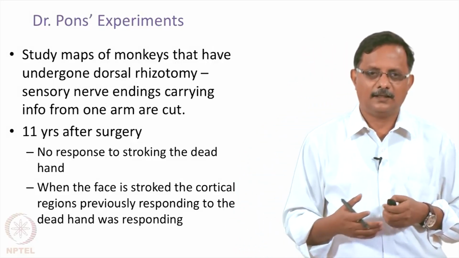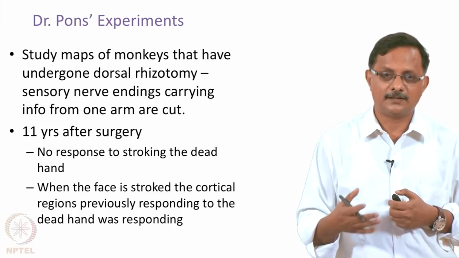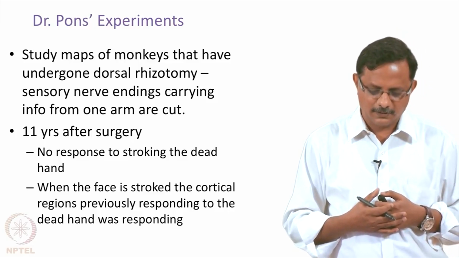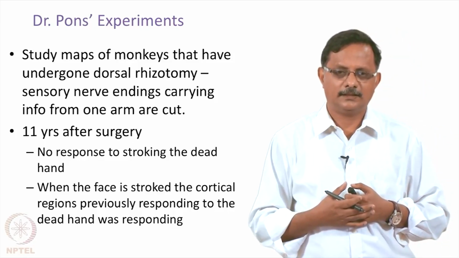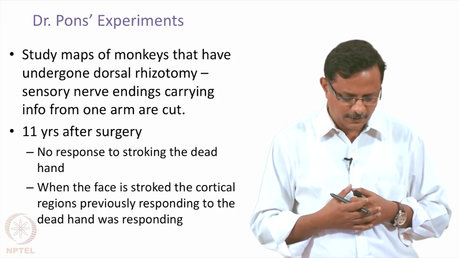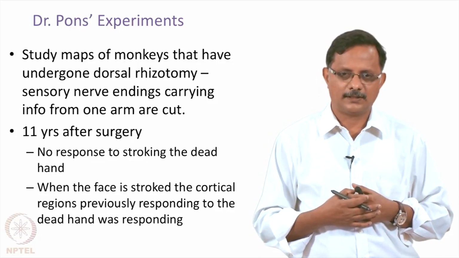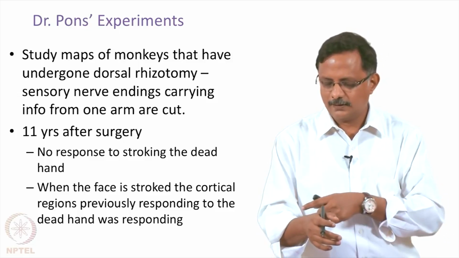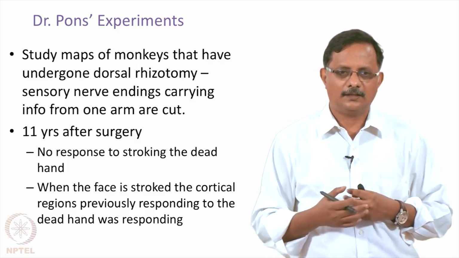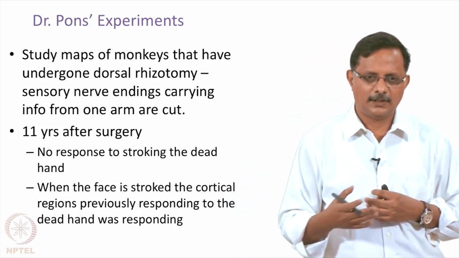Okay, but an interesting turn to this whole study of phantom limbs, or the search for a neurological or neurobiological basis to the phantom limb phenomenon, came with the work of one doctor at the National Institute of Health in the US. His name is Dr. Tim Pons. Dr. Pons' group studied monkeys that had undergone dorsal rhizotomy. This is a surgery where you cut the nerve fibers which carry information from the hand to the spinal cord. They did that, and then 11 years after the surgery, when they explored the monkeys again,